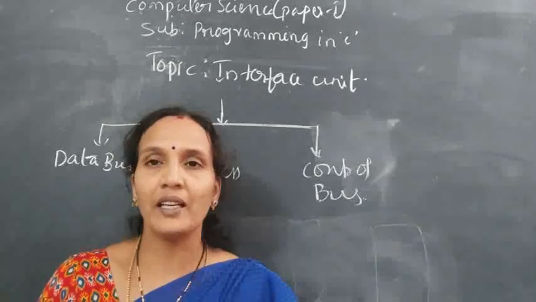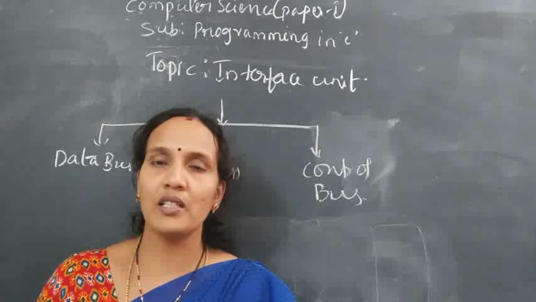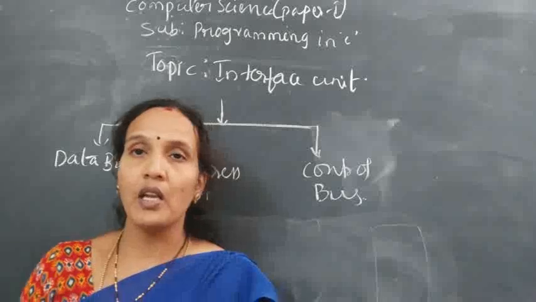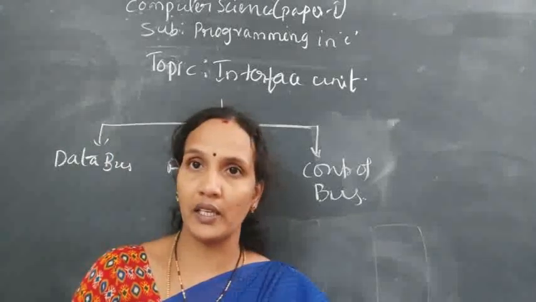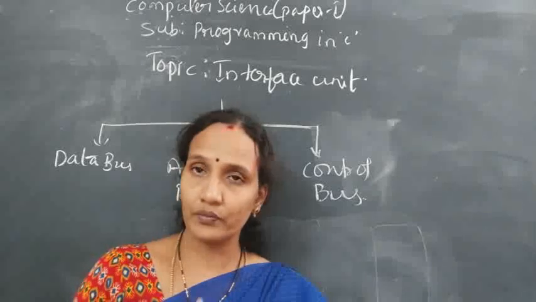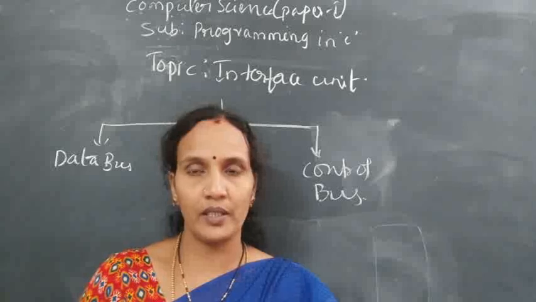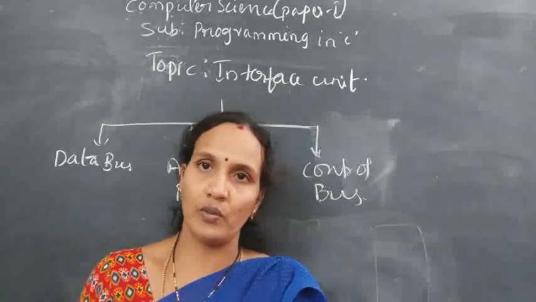With this, we completed anatomy of computers. Anatomy is nothing but a complete picture of your system, hardware and software. This I have already completed: hardware and software. Hardware is again divided into two categories, input and output. Input unit we completed, output unit we completed, and system software and application software also we completed.